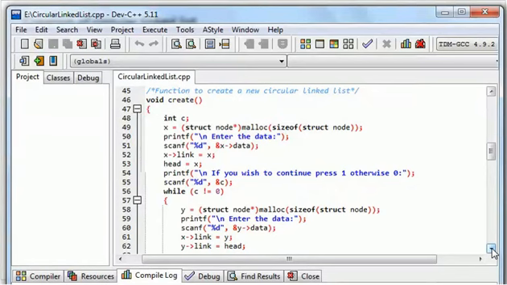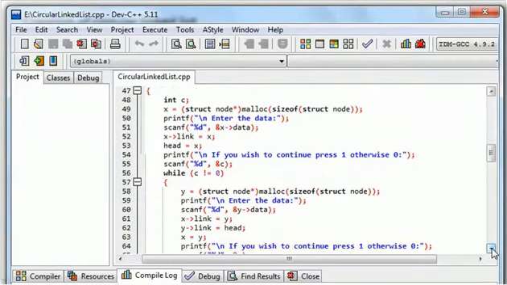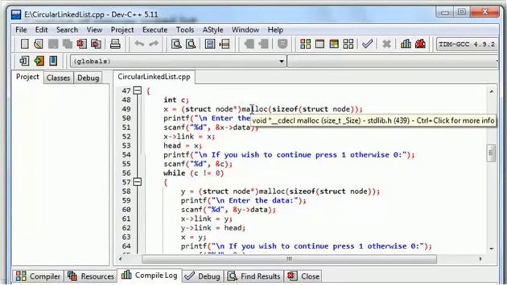For creating this list, one method has been written, create, and you can see how I am writing this method. I have already decided the structure for my node. Now what do I want to do? I want to allocate memory for that node. So the procedure is almost the same as that of a simple linked list, but the thing is now I am going to make this linked list a circular one. That's the only difference. So I have allocated some memory to my node with the help of the malloc function.